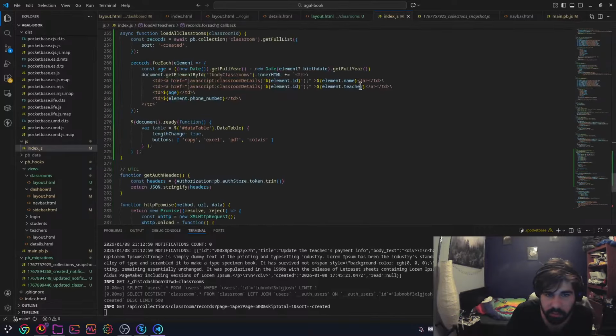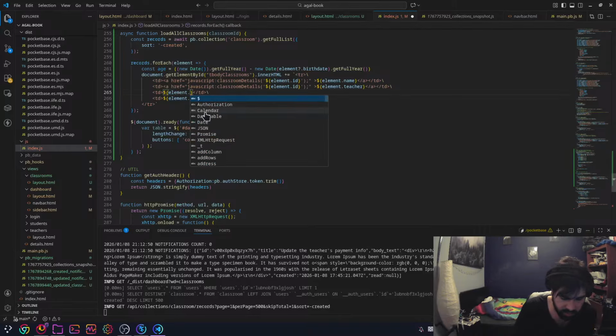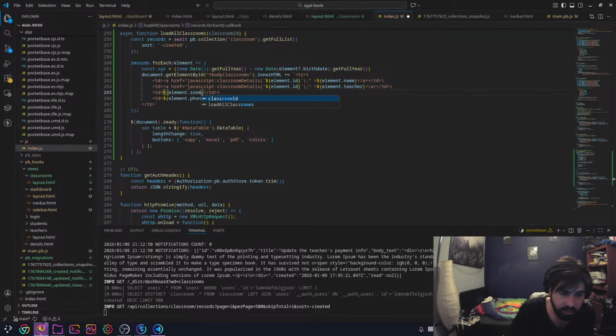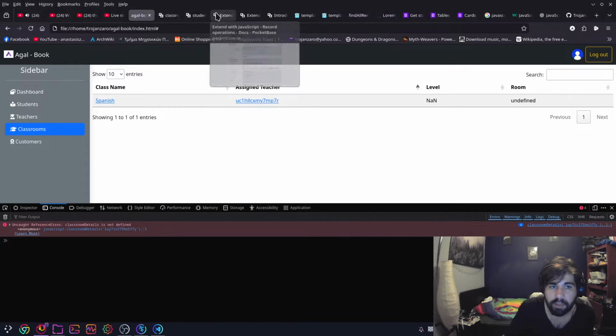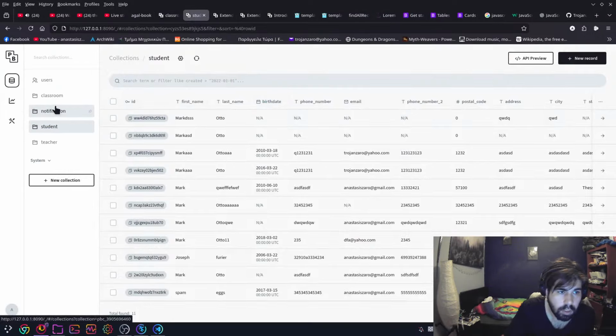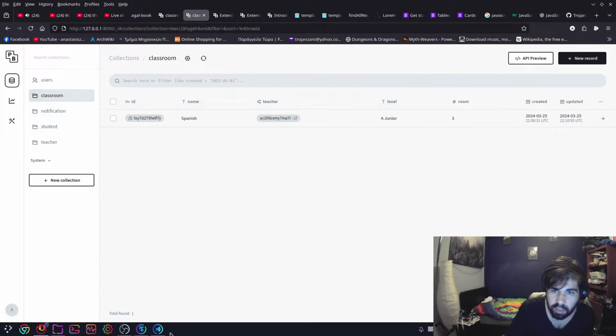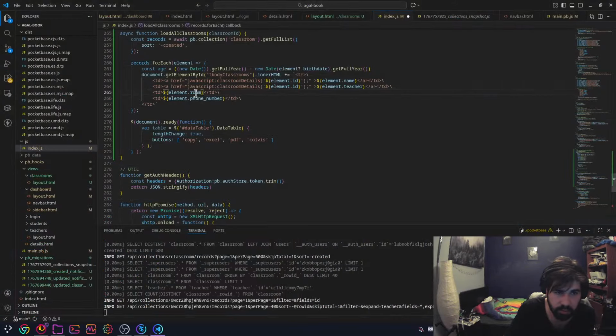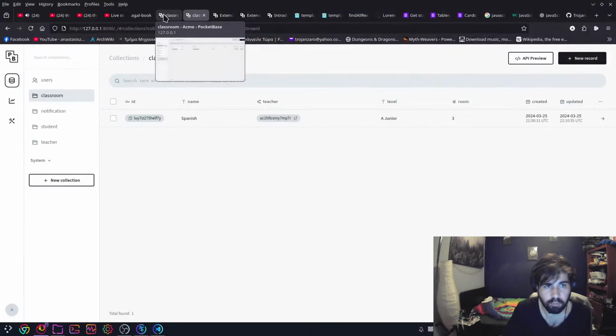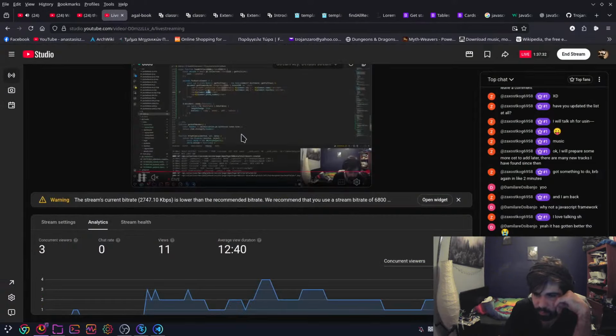Not this one, that's not the one. Teacher age, that's definitely not it. Element that, what was it? Oh, no, level. Just level and room. Just level and vroom. Vroom vroom. I like it when room goes vroom vroom.